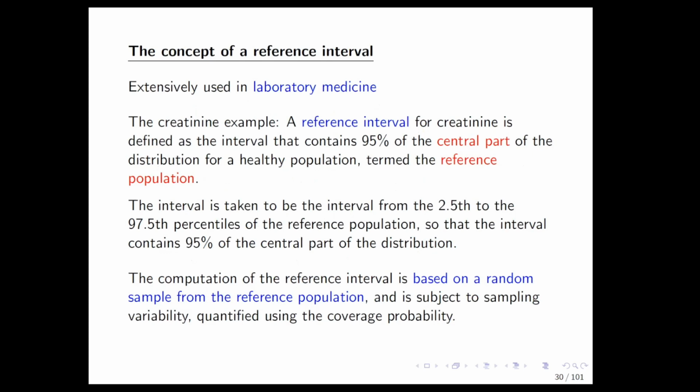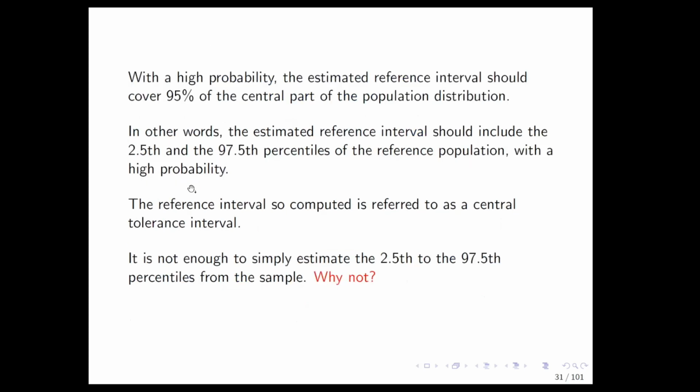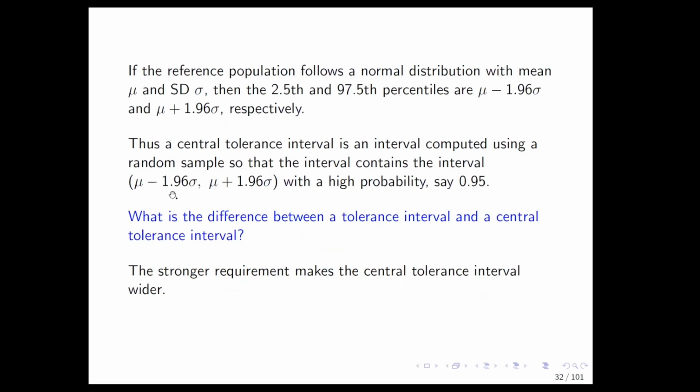In laboratory medicine, there is the concept of what is called a reference interval. And a reference interval is actually meant to capture the central part of the healthy population. In other words, you want an interval. What is meant by healthy? Central part. Think of the normal distribution. The central 95% means you go from the 2.5th quantile to the 97.5th quantile. You want an interval that will capture the central part of the distribution. That means an interval that will capture the 2.5th percentile, which is mu minus 1.96 sigma, and the 97.5th percentile, mu plus 1.96 sigma. Such an interval is called a